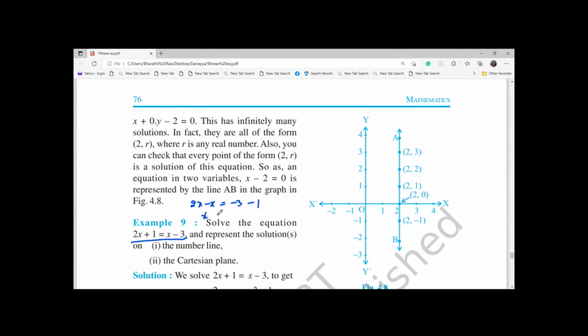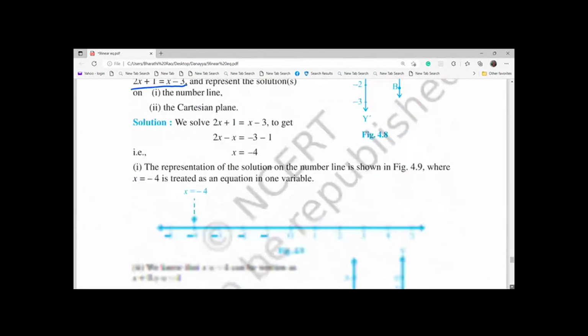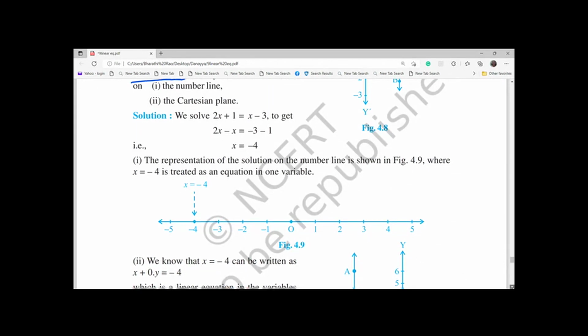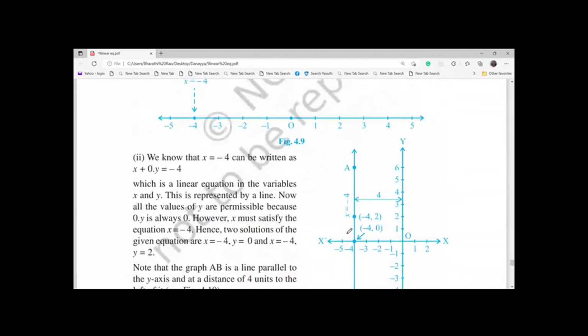So x equal to minus 4. Correct? Yes, ma'am. So minus 4 on the number line will come on the left side. Am I right? Yes, ma'am. So if you represent the same on a Cartesian plane, that is in a graph,